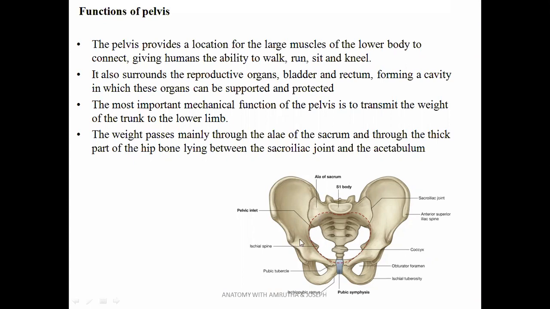But when you sit, things are different. When you sit, the weight transmission goes from here into the ischial tuberosity. So when you look at the hip bone, we will see that the thickest part of the hip bone is in this region, because there are two conditions. Either when you stand, at that time the weight transmission passes from the ala of the sacrum to the hip bone through the acetabulum into the femur. Whereas when you sit, from the ala of the sacrum it goes to the posterior aspect and reaches the ischial tuberosity. Okay. So those are the two conditions where the weight transmission occurs differently.